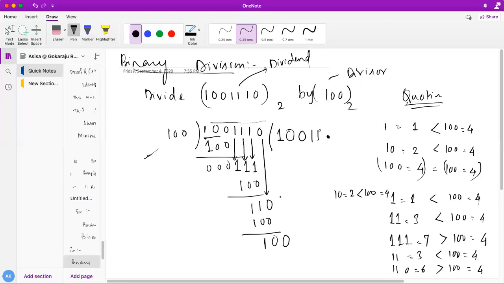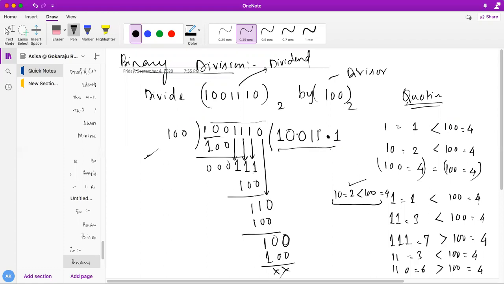That's why, at that time we have 10, which is less than 4, so we cannot perform division. That is the reason we have just taken the point to drop down again 10. So this is 100 and this is 1, so this is my 100, which will give me remainder 0. So this is the result.